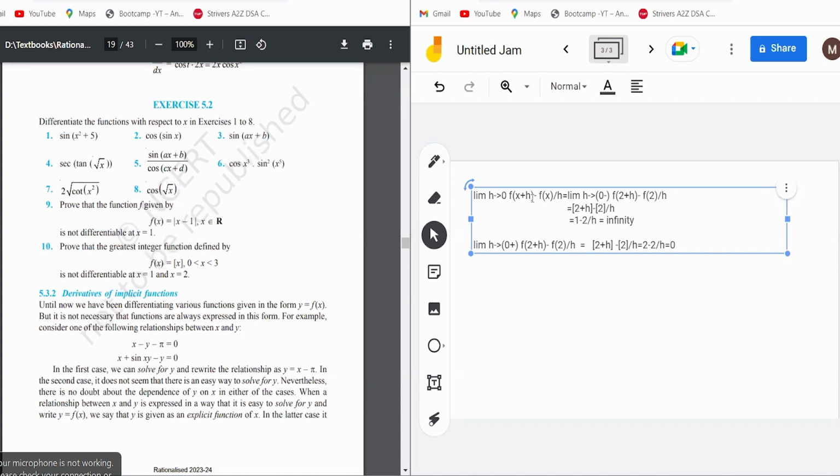Since again both the limits are not equal and even one limit does not exist, we can say the function is not differentiable at x equal to 2 also. Even let me write it down for your information. Greatest integer function of x is not differentiable, not differentiable